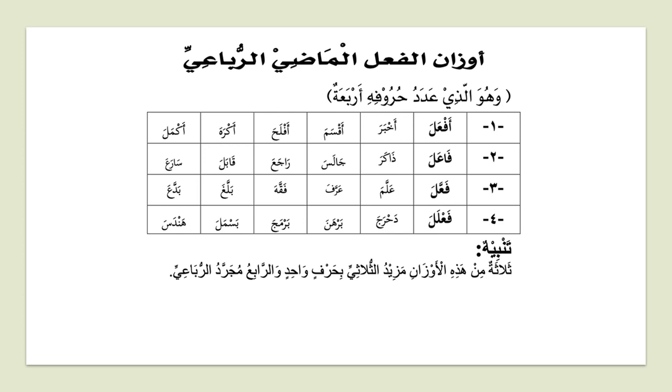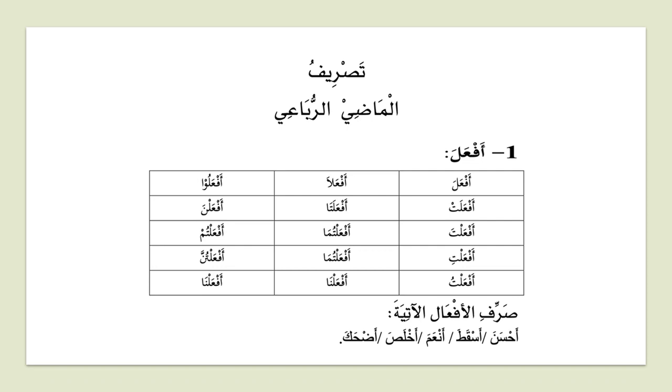And at the bottom he mentions what we mentioned, that three of these are an increase and one of them has a root letter. So if you go to the next slide now, as I mentioned, if you've done fa'ala, fa'ila and fa'ula properly, and you've memorized it and you've conjugated it at home and you've practiced, from here it should be easy. So you have the first scale that we're going to conjugate, af'ala. You should all know the pronouns by now, right? If I say af'altu, I, af'alta. So we know all the pronouns now, alhamdulillah. So you have af'ala, af'ala,